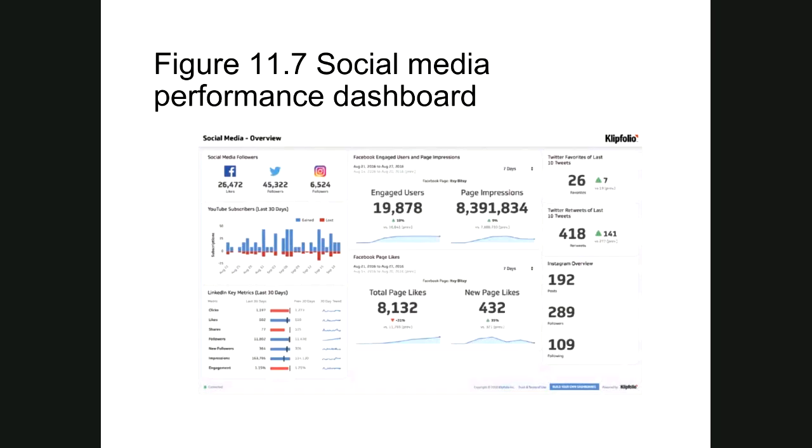You could see for Facebook, I got 26,000 likes, 45,000 followers on Twitter, 6,500 on Instagram. And it gives you page impressions, engaged users, spreadsheet, or export into a spreadsheet, and keep track of it month to month.